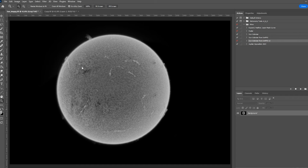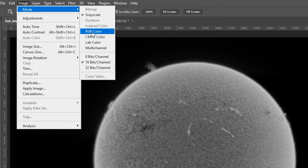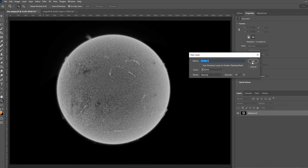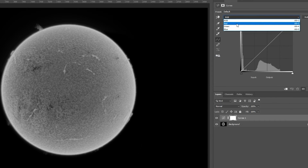Right, so now we have this TIFF file open in Photoshop, and we're going to colorize it and do some additional sharpening. So if you look at the Channels tab here, you'll see that it's in grayscale. So the first thing we need to do is click on Layers, click on Image Mode, and change it to an RGB color image. And that'll generate red, green, and blue channels for us to manipulate. There are a couple ways of doing this. Some people like creating a hue saturation layer and manipulating the color that way, but I like doing it through Layer, New Adjustment Layer, and a New Curves layer, and manipulating each of the red, green, and blue channels individually through curves. So we'll go to red first,